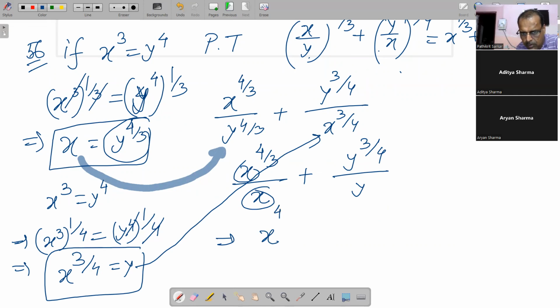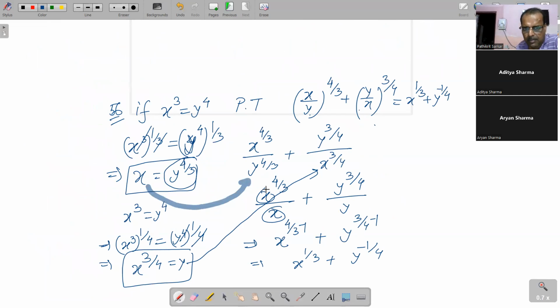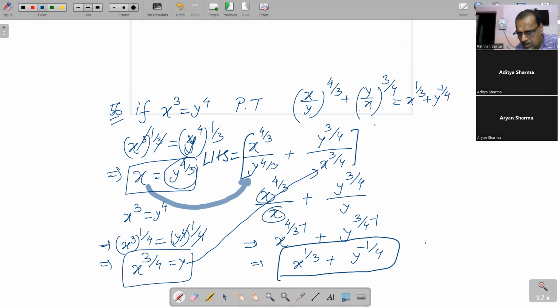अभी बेस सेम हो गया, so it comes down to x to the power 4/3 minus 1 और ये हो जाएगा y to the power 3/4 minus 1। तो इसका वैल्यू आ जाएगा x to the power 1/3 और इसका वैल्यू हो जाएगा y to the power -1/4। तो ये हमारा जो लेफ्ट हैंड साइड से स्टार्ट हुआ था, लेफ्ट हैंड साइड वाज दिस, तो अल्टीमेटली वो प्रूव हो चुका है। सो दिस इज द वे you need to solve such kind of problem based on the